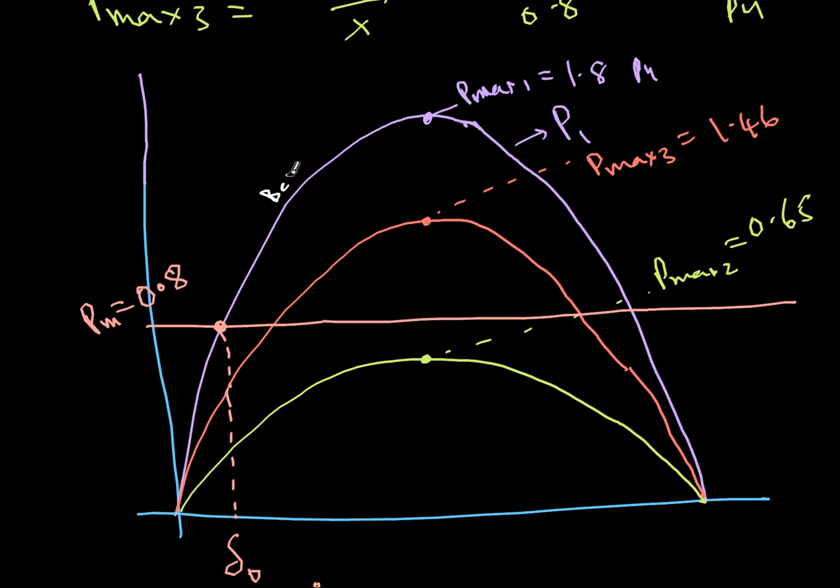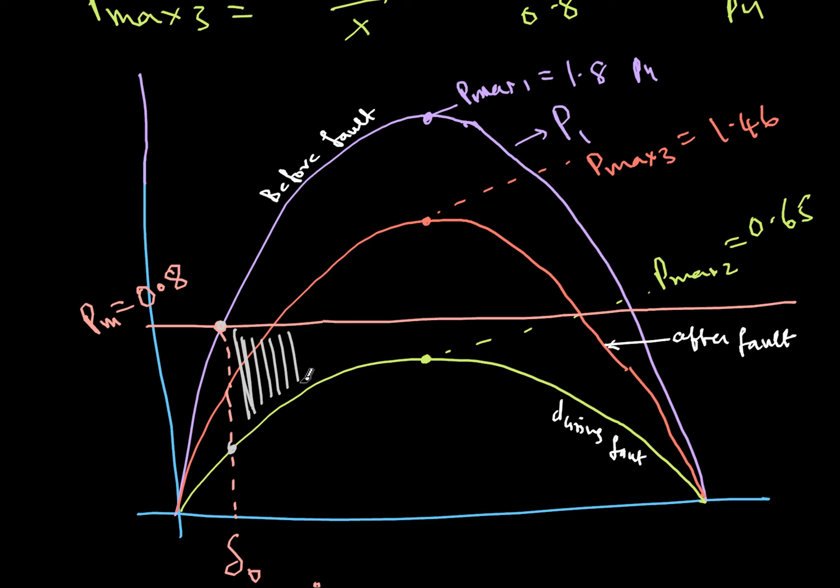So when the fault occurs, this is before fault, this is during fault, and this is after fault. When the fault occurs, I am operating at this point, and at that time I jump to this point, and then mechanical power is more than electrical power, so the rotor will accelerate. So I keep accumulating this area and I'll keep moving towards the right. So after some angle,